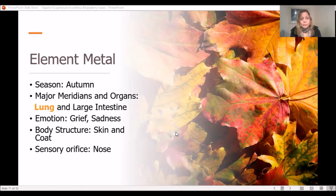And it's a bit of a repetition again with the immune system, but for those who are here the first time, the lung from a TCM point of view belongs to the element of metal, and it's the season of autumn. There are 5 elements in TCM, and there's always an organ pair and a meridian pair associated with the element, and in this case it's the lung and the large intestine. And to that belongs the emotion of grief and sadness. So also grief and sadness can cause